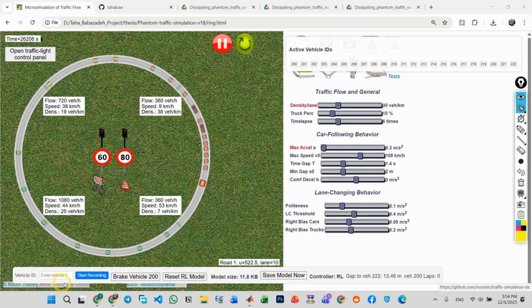Here you could start recording the data for different vehicles. And in this box, by default, if you don't enter anything, it's going to be vehicle 222, which is the vehicle that we have applied our reinforcement learning controller to. If you enter anything other than 222, as long as it's one of these, you're good to go and you could record the data. With this button, you start the recording, and once you start, you could also stop it whenever you're